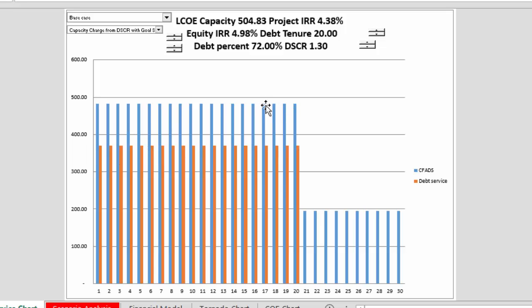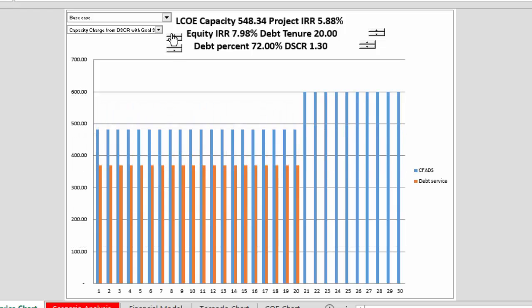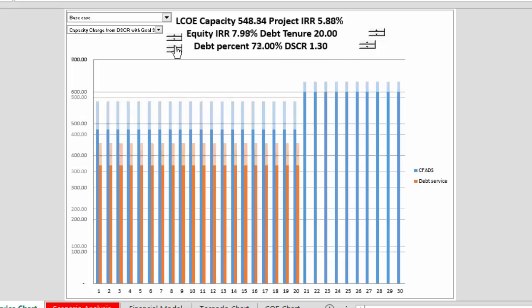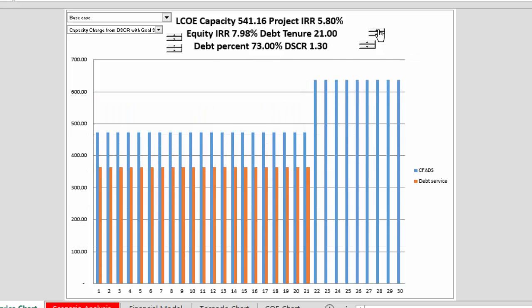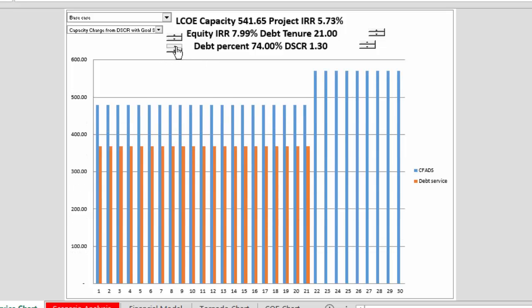Okay, and it's really about sizing or computing a capacity charge where the debt service fits underneath the first tier of the capacity charge, and the second tier is enough to give you a target IRR. So let's say I want to target an equity IRR of 7%. Let's say I have some more debt. Let's say I can make